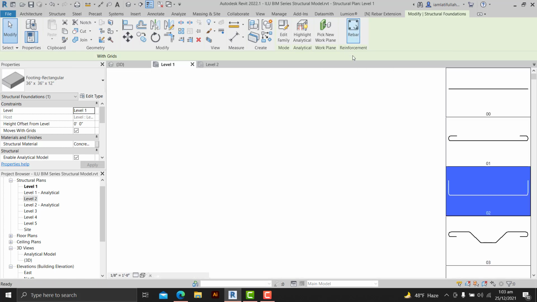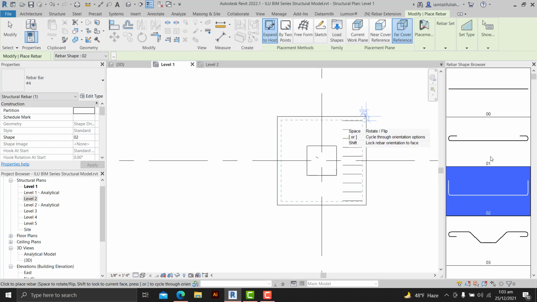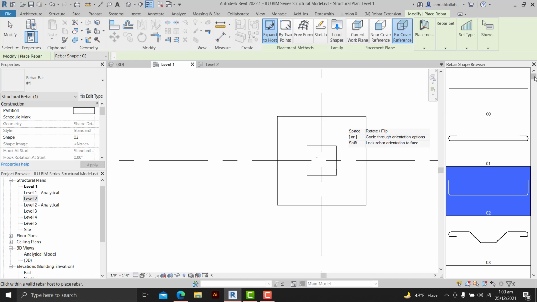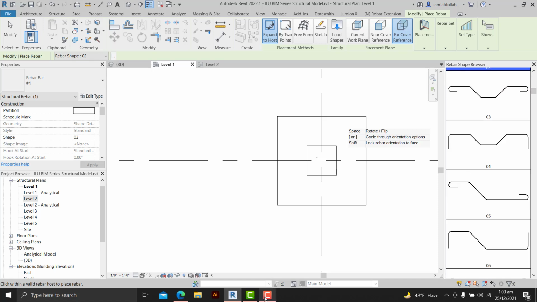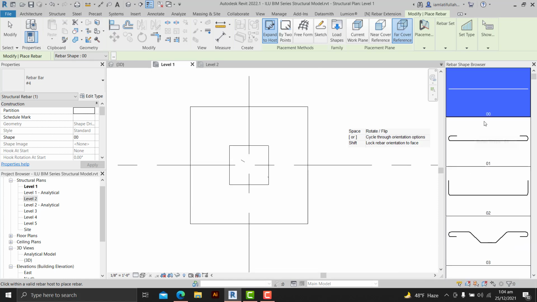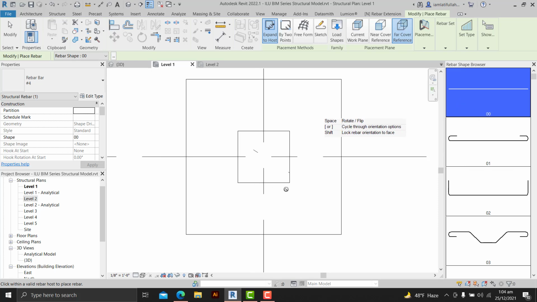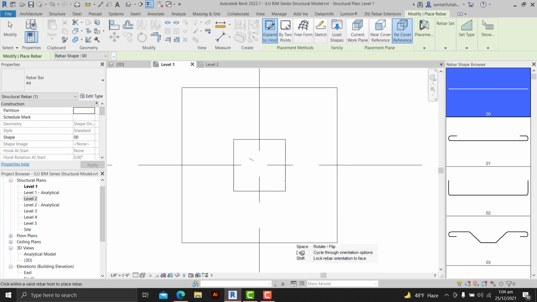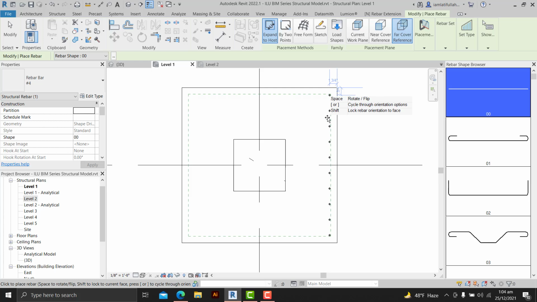As I click on Rebar in the plan, it will ask me to select the shape of the rebar. You see there are different shapes loaded here. Okay, so we have these options. For the footing, if we want longitudinal bars placed at a distance, they also have hooks, 90-degree hooks or 180-degree hooks, so we can add that too.